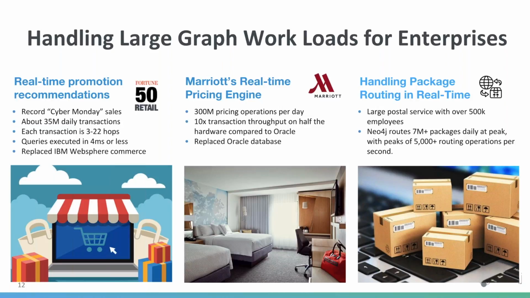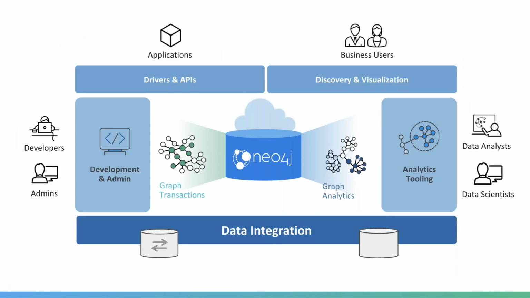But really enterprise critical, really big graph workloads being implemented on Neo4j, and that's kind of leading us to a strategy and an implementation where we have more than just the native graph database that we want to be offering to the market here. We're not just talking about Neo4j, this wonderful new graph database, right? But we also want to provide a platform that allows people to build applications much more quickly, that allows them to be more productive, that allows them to reap value from their graph implementations much more quickly,